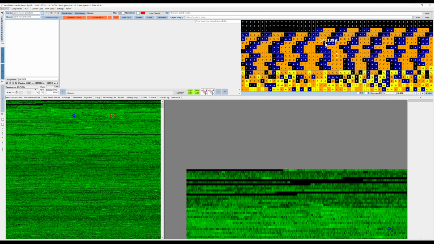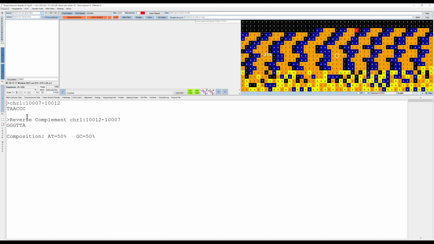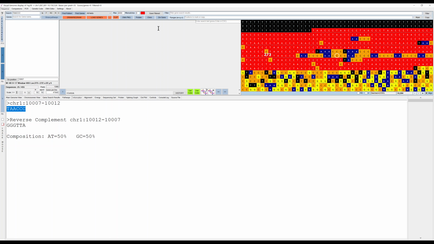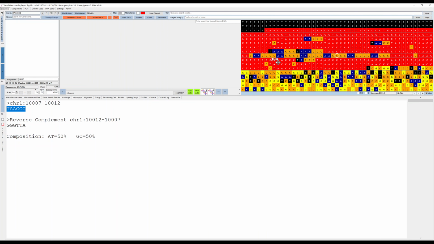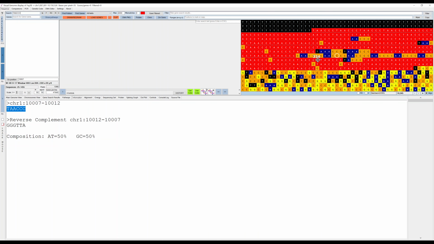So, for example, if we just select this, we double click there, and we press Control and double click, it copies this telomere sequence to the info display, and then if we put it in the search box at the top, you can see here it's going to highlight all places where that sequence occurs.